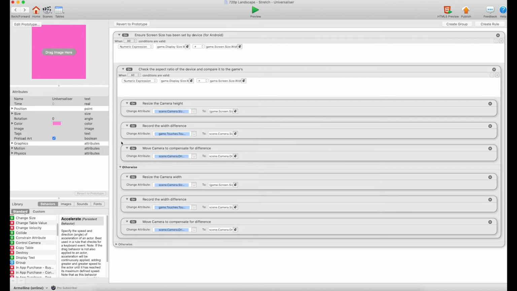I'm not going to go into detail about the expressions here, but if you take the time to look at exactly what they're doing, they're not too hard to figure out. The end result, though, is that they're calculating how much to stretch the camera by in order to avoid that ugly stretching appearance, then taking the amount that's being added to the scene and putting it into the attribute game touches touch 11x. Once we have this number, we know how much, first of all, to move the camera origin by, but we also know how much to move our interface elements by to keep them nicely on the edges